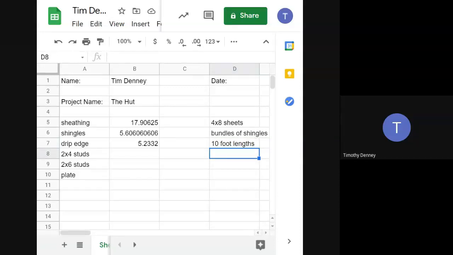Now before I move on to the studs and plate, I don't like these weird numbers right here. First of all, there are lots of decimals. I'm not going to be able to buy 17.9 of a sheet. I'm not going to be able to buy 5.6 of a bundle. I'm not going to be able to buy 5.2 10-foot lengths. So we're going to have to do some rounding,